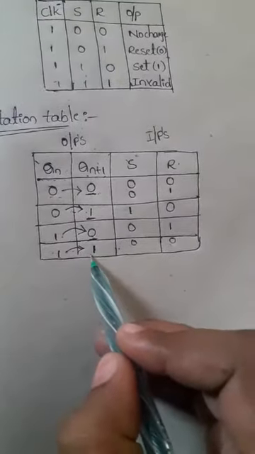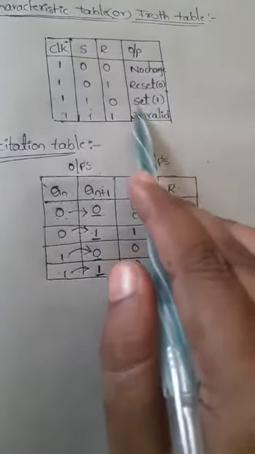Like this way in step 2, what is the output we are collecting? 1. So where we get the 1 case here, that is the set condition. The set condition inputs are 1 0. Okay. So now these are the possibilities we are getting after comparing and after taking the output values. So now finally we have to write the complete excitation table. So rewrite this excitation table like this: